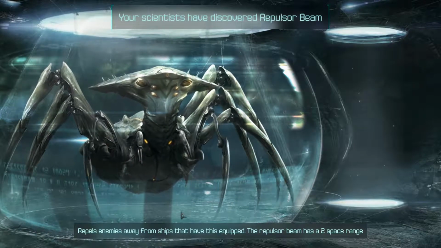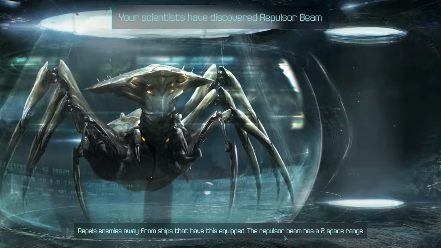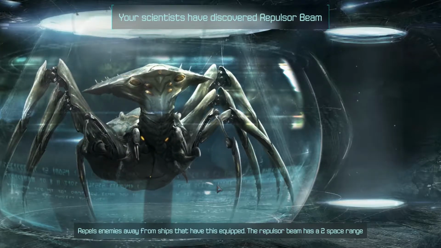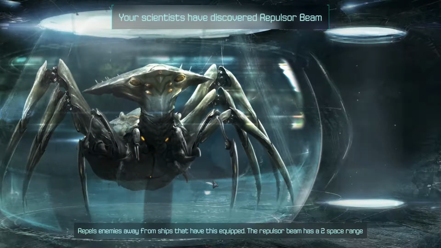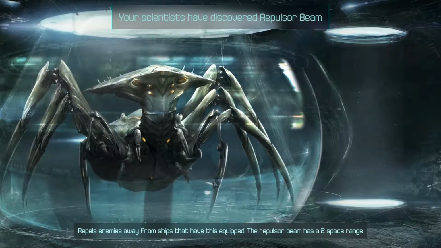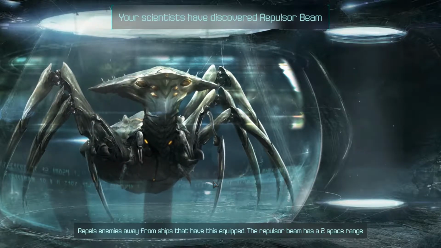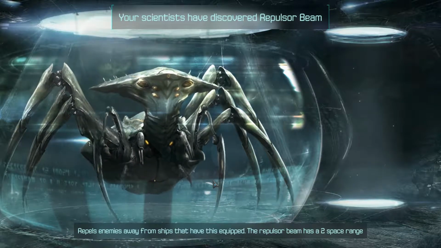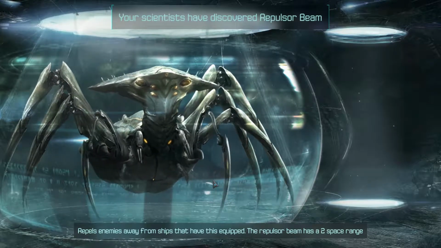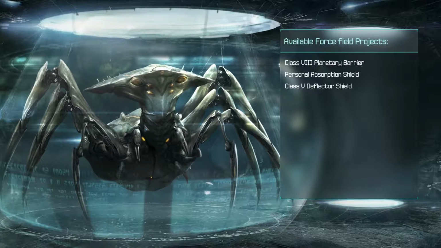There we go, the repulsor beam. Repels enemies away from the ship that has this equipped. Repulsor beam has a 2 space range. Under what situations would you use this then? I mean, weapon ranges seem to be either 4 hexes or 6. So you'd need some kind of ramming type ship with this to push the enemy away from your ships with the heavy lasers or heavy whatever, to put them out of range. So I don't quite see the value of this. Though I suppose that they get more accurate the closer you are, so...